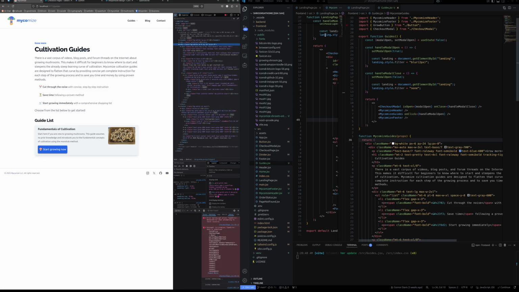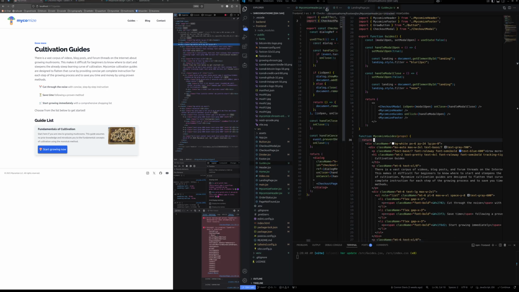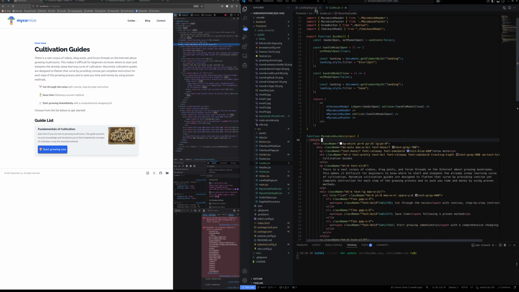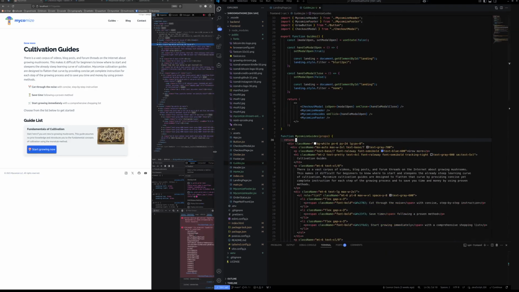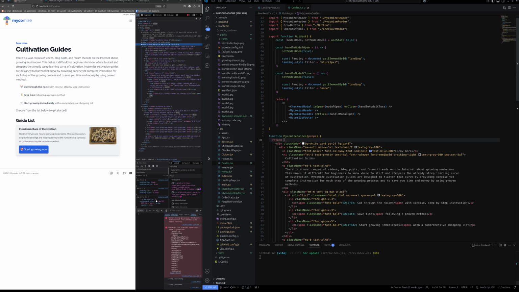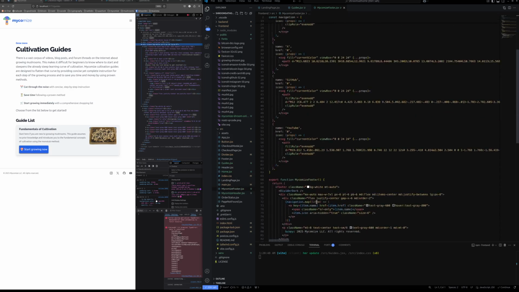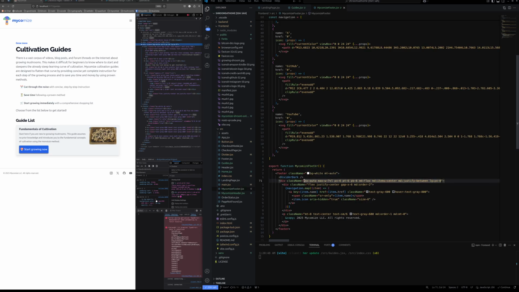So if I go to Mycomize's footer, then got MX, I have MT auto. Which I think